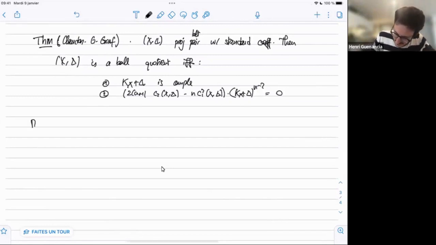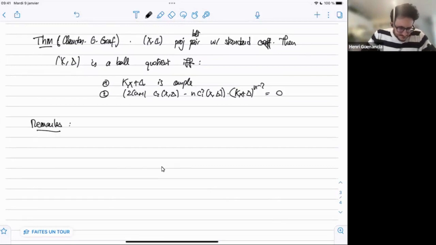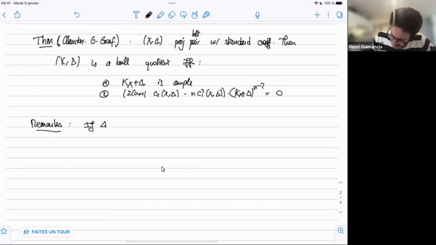So, remarks. If delta is 0 and X is smooth, it's just the Miyaoka-Yau uniformization, right? Now, if delta is 0 but X is KLT,